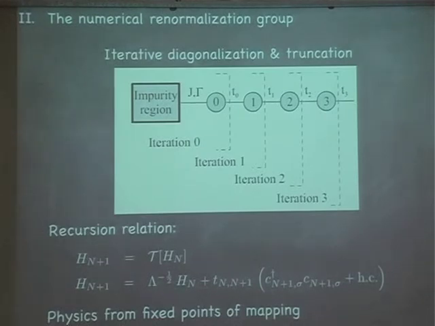So in order to keep the energies from increasing infinitely, you rescale this down by this factor lambda to the -1/2. That makes the energies always be in the order of 1. And then you add the second term, and that's your Hn+1. Now the important thing is, if you go through this mapping, you might actually hope, or that's what you expect from these RG type of arguments, that when you go to infinity, there will be some fixed points. The mapping will lead to some fixed points. And you can infer the physics of these objects from the fixed points of the mapping.